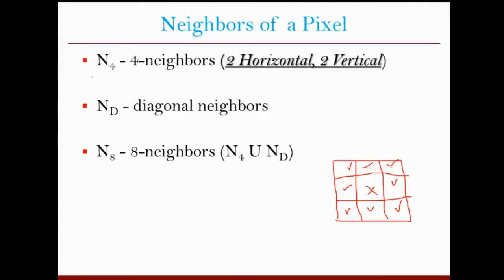So, for example, when we define n4 neighbors, we are only interested in the neighbors which are horizontally left and right to the given pixel, or vertically up and down with respect to the given pixel. We are only interested in these 4 neighbors. So if our neighborhood definition is restricted to n4 neighbors, then actually we are only talking about these 4 neighbors. Okay, and let's say we are computing the connected component by defining our neighbors using n4 neighbors.